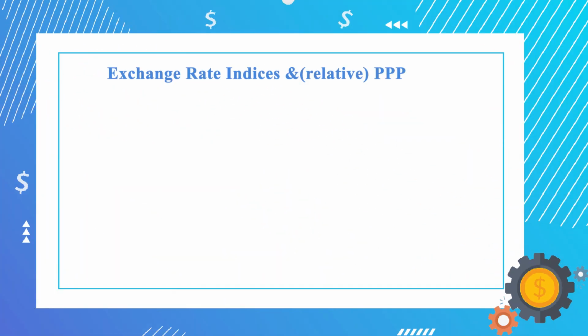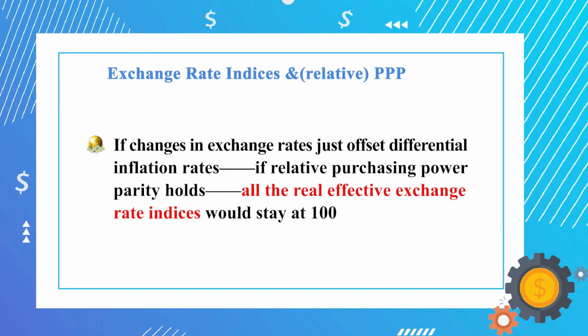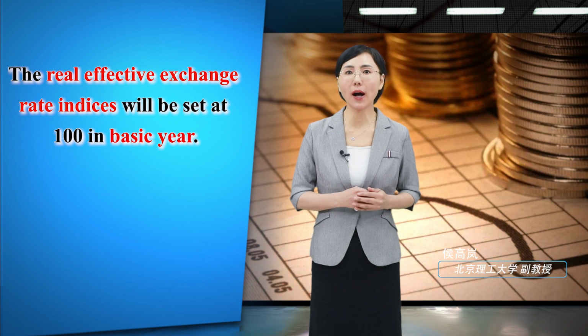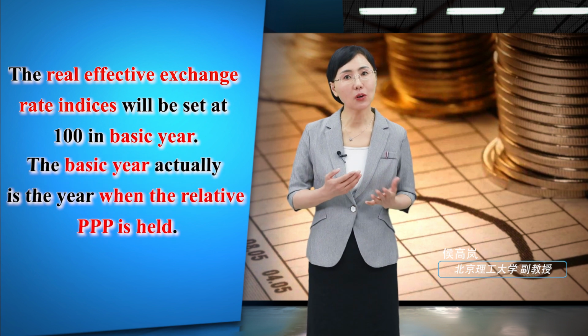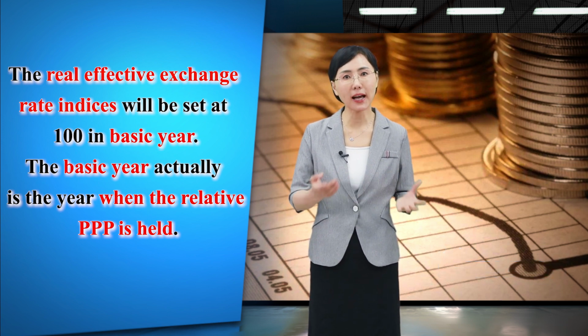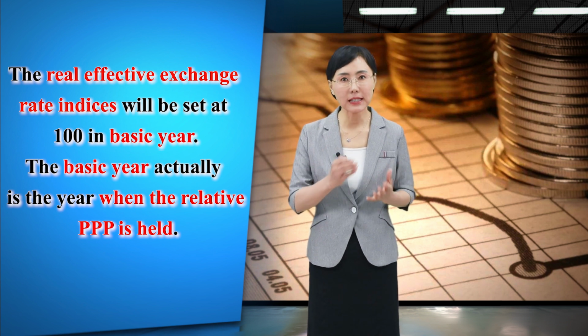So we can draw the conclusion. If changes in exchange rates just offset differential inflation rates, that's to say, if relative purchasing power parity holds, then all the real effective exchange rate indices would stay at 100. We already know usually the real effective exchange rate indices will be set at 100 in the base year. Now we will know further that the base year actually is not set at random, but it is decided